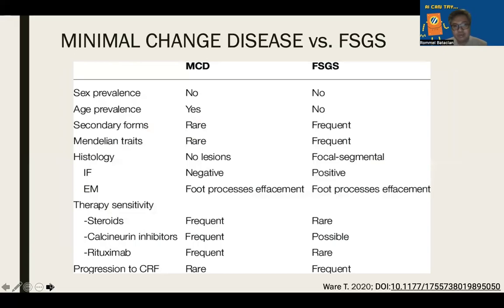Another one would be focal segmental glomerulosclerosis, but there are some differences in terms of its pathology, and it can sometimes also occur with other pathologic glomerulonephritis. So, what's the difference? FSGS can occur at any age, so there's no particular age predilection. A secondary cause can be frequent in FSGS, and as I mentioned, minimal change is more idiopathic. There are also familial types of focal segmental glomerulosclerosis, and the immunofluorescence is also positive in FSGS.